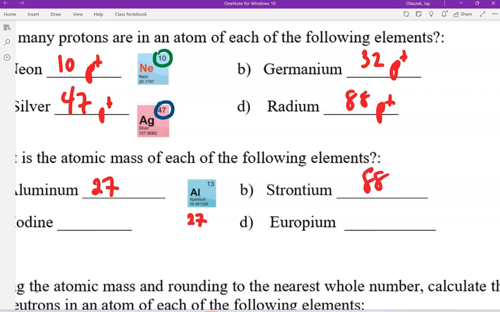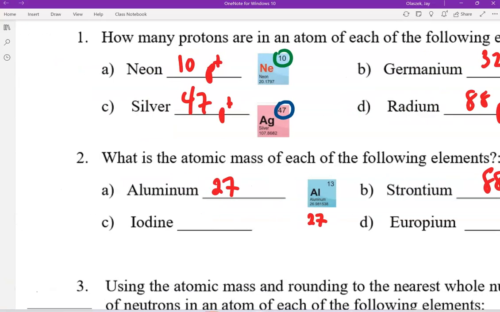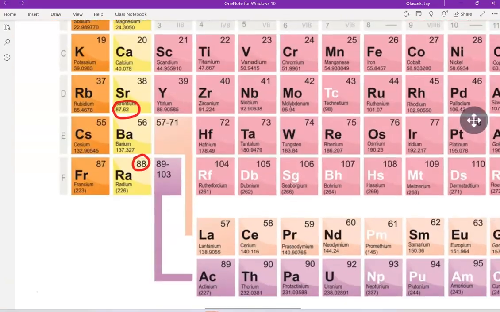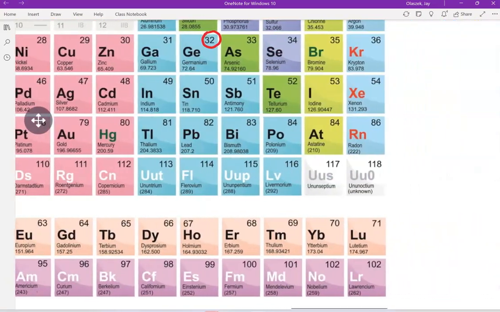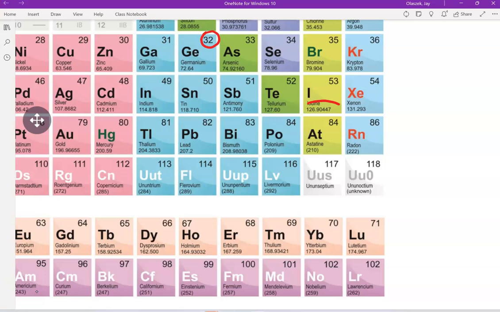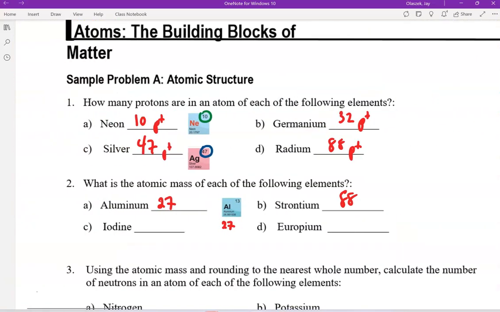We'll call that 88. We're looking up iodine. Iodine's a halogen. We can find that in this column. Iodine's got an atomic mass of 126.9. We're going to round that up to